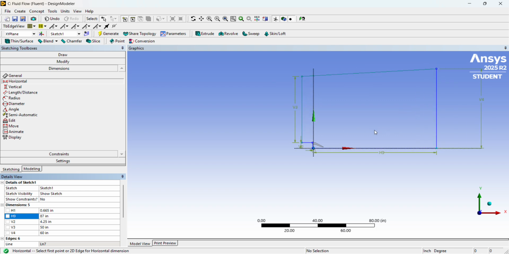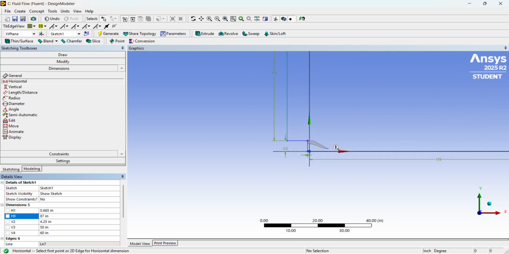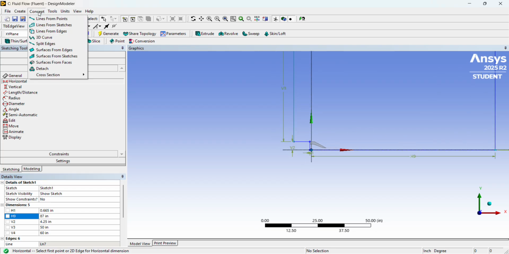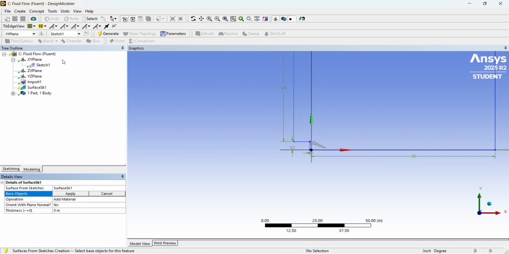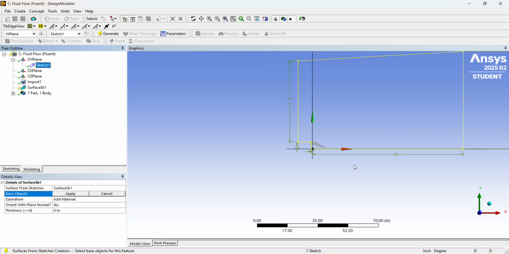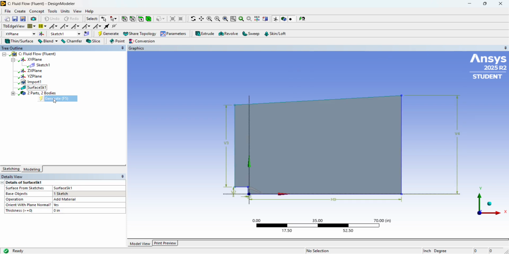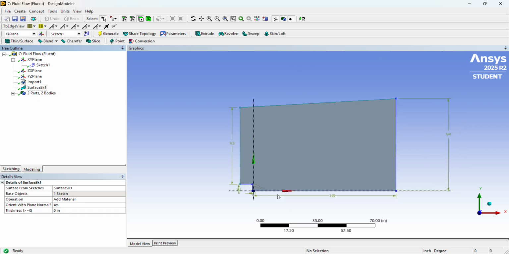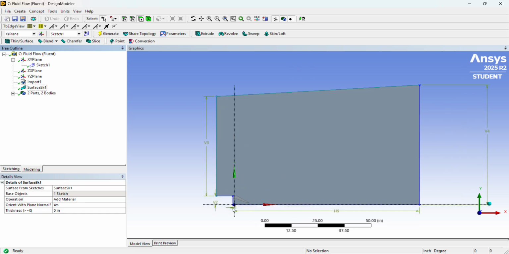Okay, so now once we have completed all the sketch, everything looks good from here, and then we'll go to concept, surface from sketch, sketch 1, make sure everything is sketch 1, and then apply, and generate. Okay, so everything looks good now. So now we have to do the boolean,